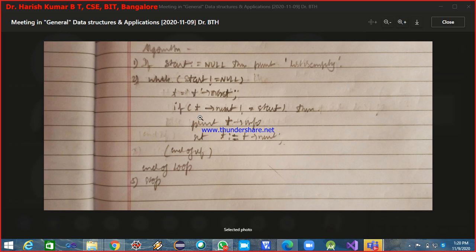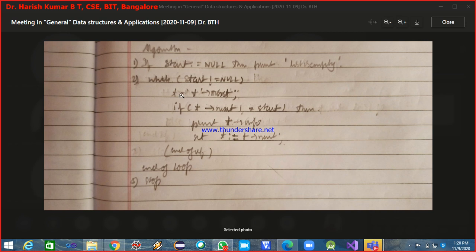If t arrow next not equal to start, then print info.